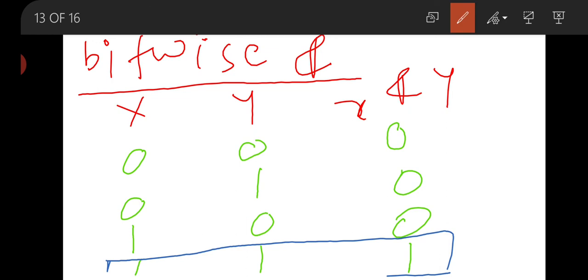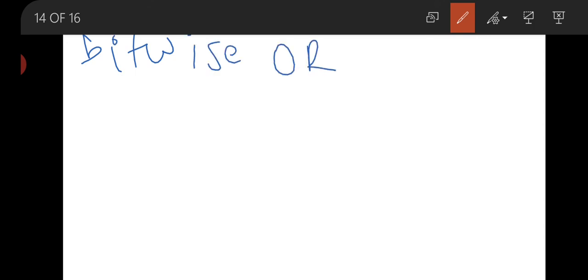Now the next one is our bitwise OR operator. This is the symbol of the bitwise OR operator.